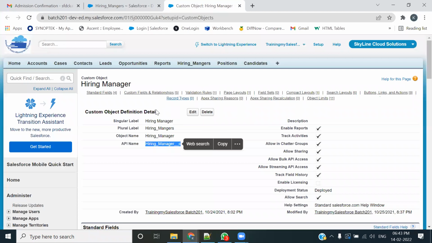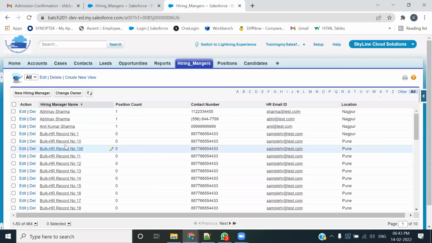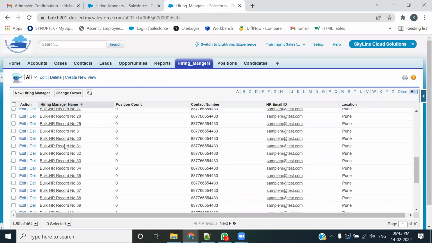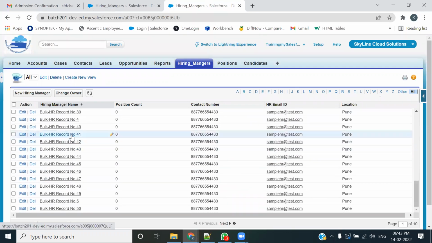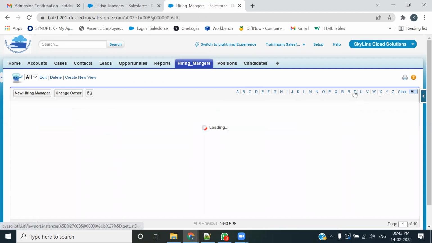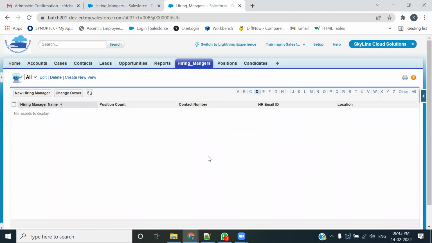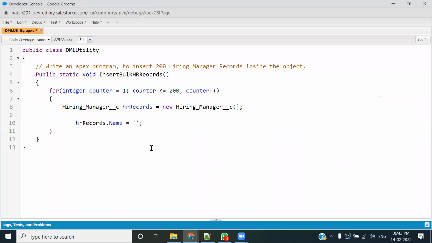Hiring manager में अभी किस तरह के रिकॉर्ड्स हैं पहले मैं देख लेता हूँ. I could see like bulk HR records is already there, है ना. तो टेस्ट है क्या? टेस्ट भी ऑलरेडी है. DML record नहीं है. ठीक है, चलो. So here I will be giving the name like DML HR